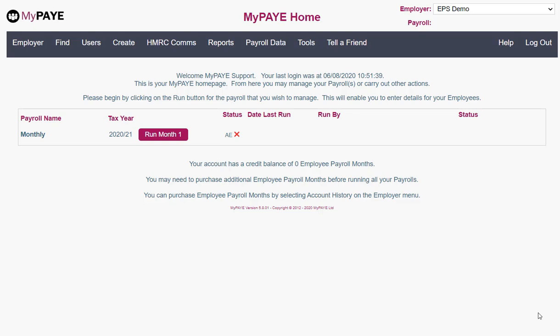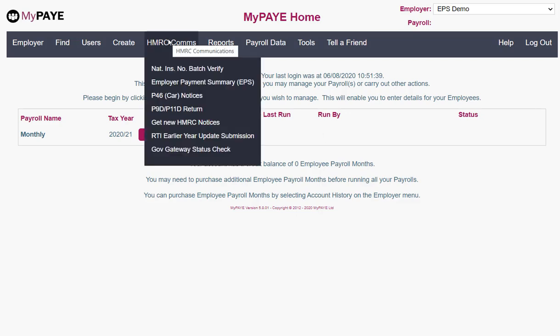If you need to claim employment allowance, this only needs to be claimed once a year. Or if you need to reclaim CIS deductions as a limited company, you need to claim a national insurance contributions holiday for the previous tax years, you need to pay the apprenticeship levy, or you have not paid any employees in that tax month. To access the EPS, click on the HMRC Comms icon on the home screen